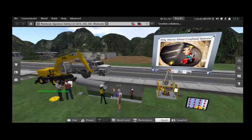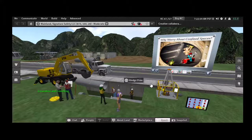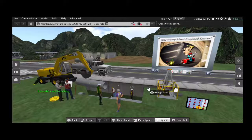Okay. And actually, you know what? The next thing, Selby, I think we should go over and take a look at in our large commercial building behind us, a 2-story commercial building, is I had a project discussed to me that they had a fall protection issue at a mall where they were going to be renovating the walkways in the middle. So I rendered some aspects of that in world and was able to present them a visual they didn't have. It came out so well that I actually took a part of that visual,